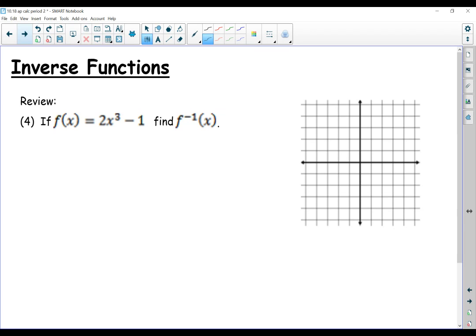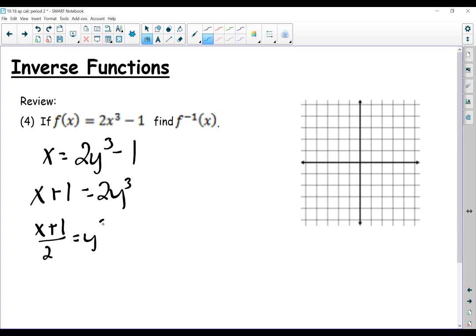Okay, so let's do an example and see if we can figure something out. If I wanted to find the inverse function, let's think if we can remember how to do that. We would make it x equals 2y cubed minus 1. And then all I would do from here is get y by itself. So x plus 1 equals 2y cubed. (x plus 1) over 2 equals y cubed. So y equals the cube root of (x plus 1) over 2. Okay, so if I think about 2x cubed minus 1,